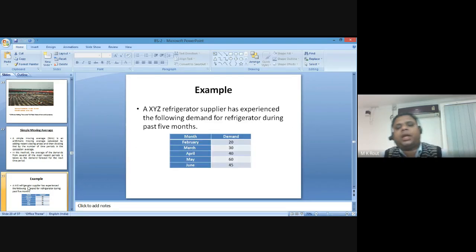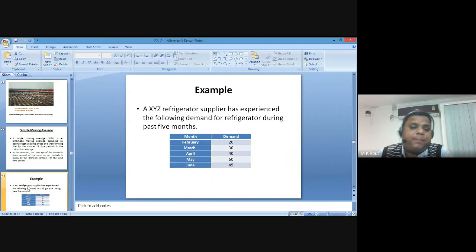Suppose there is an XYZ refrigerator supplier, and they have the following demand for refrigerators during the past 5 months. For the month of February, the demand is 20. For March, the demand is 30. For April, the demand is 40. For May, the demand is 60. And for June, the demand is 45. If I ask you, by using the 3-month moving average, to calculate the demand forecast for the next month,